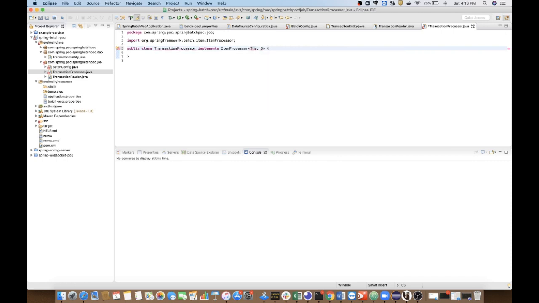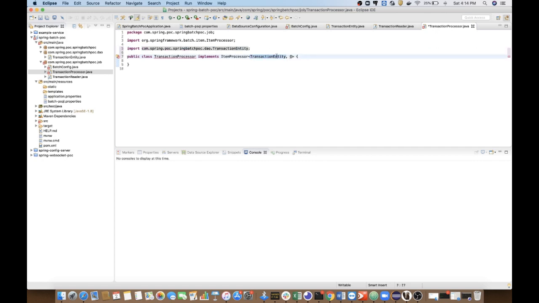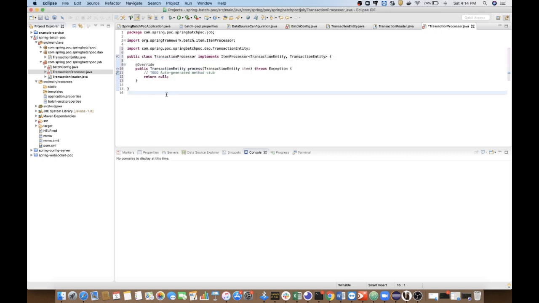For now we are keeping both the input and output as a transaction entity and implementing this method.